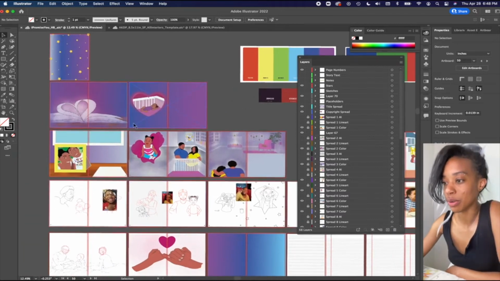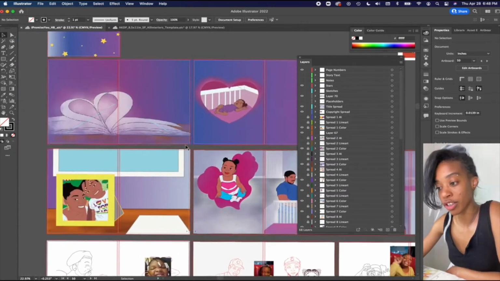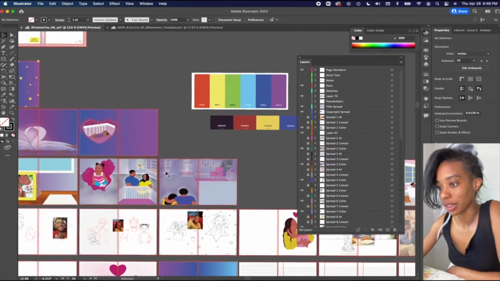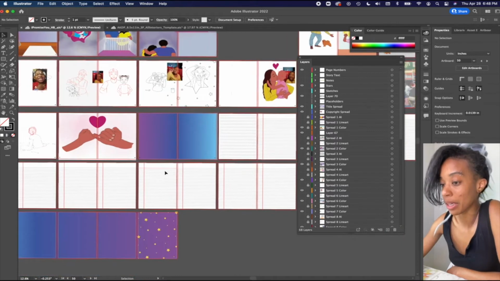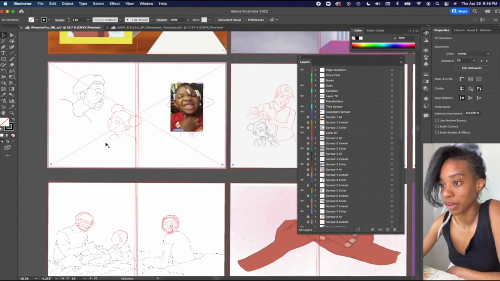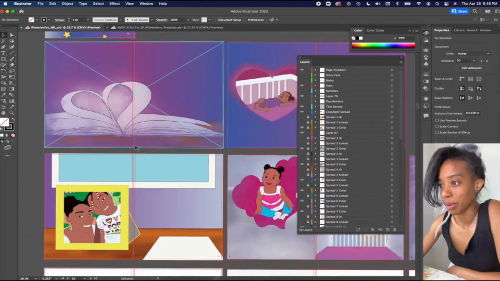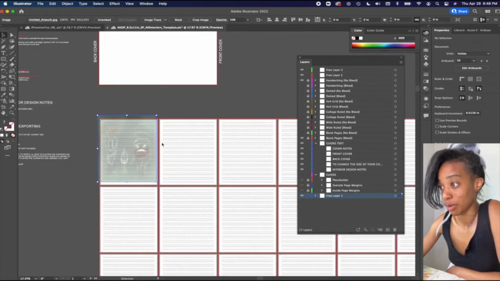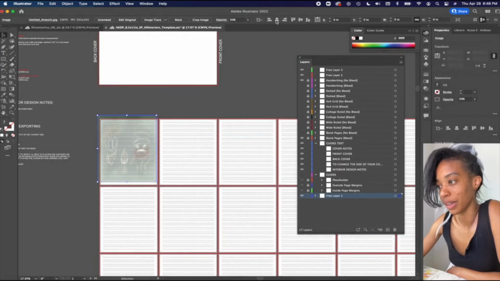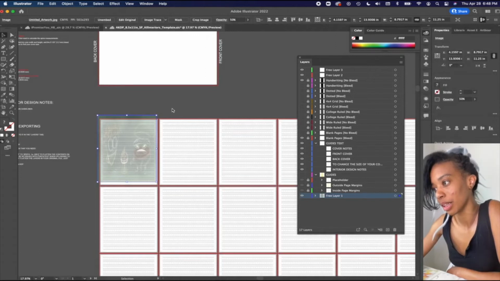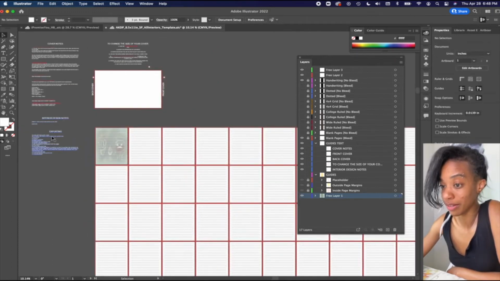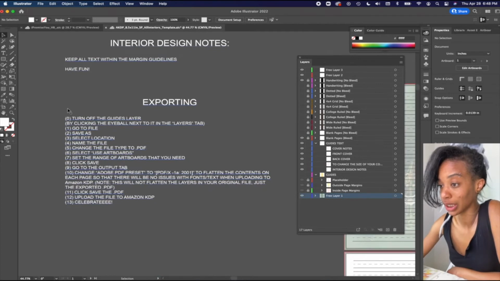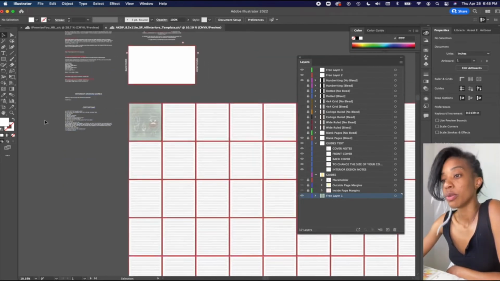You can see that you get to add your illustrations, you get to add your text, you can add all of these, anything you want really, and then to format and create your book. So let's say we're all done, we made our book, we're ready to export, right? So let me center this because I do want to see how this comes out. Following the instructions placed here, in case you forget, you go to File,